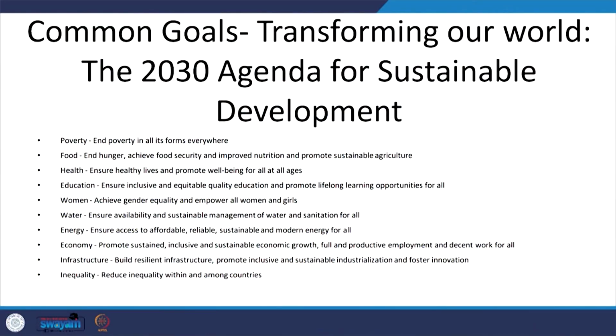And unfortunately, till date, Agenda 21 remains unfulfilled. A lot of these agendas in a large part of the world are not yet achieved, they are not fulfilled. That is why Agenda 2030 for sustainable development was proposed. It built upon Agenda 21, elaborated upon that, but emphasized the needs and agendas which are still unfulfilled. I will conclude my lecture here today, and we will see how and why we